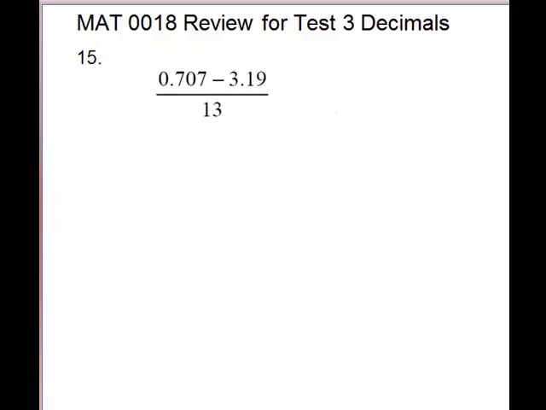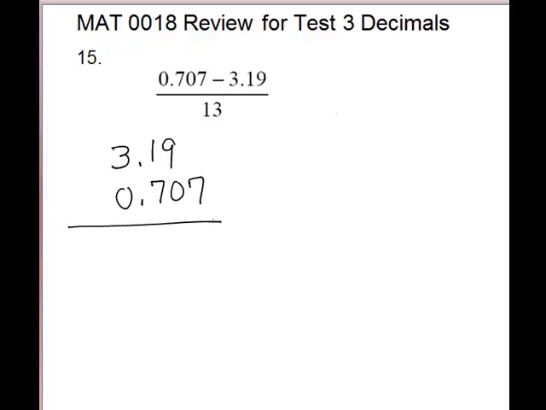Problem 15 is also an order of operations problem, and it is in vertical form. So we will do all the numerator. Our denominator is already finished, and then we'll do the division. So on the numerator, these are just add and subtract. These are different signs, so they're going to subtract. And so we have to write the larger number on top. So 3.19 needs to go on top, and